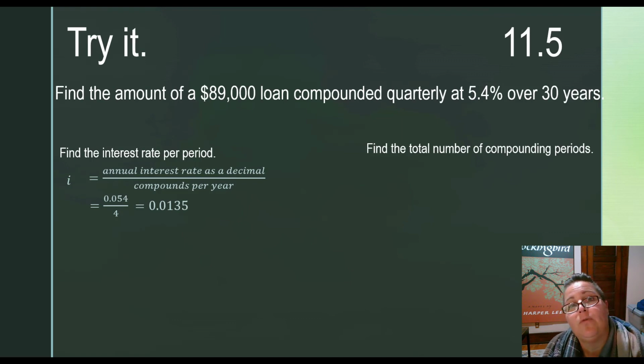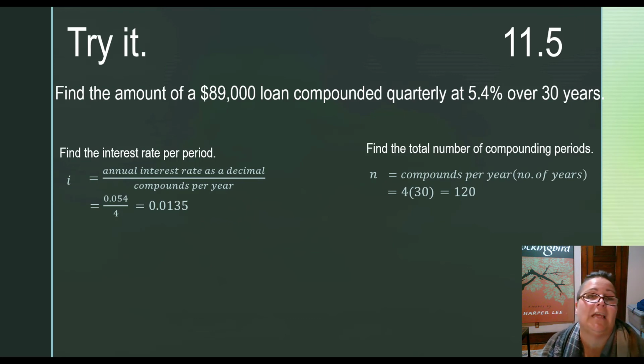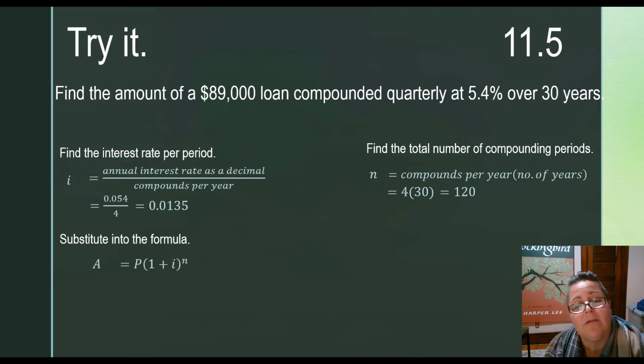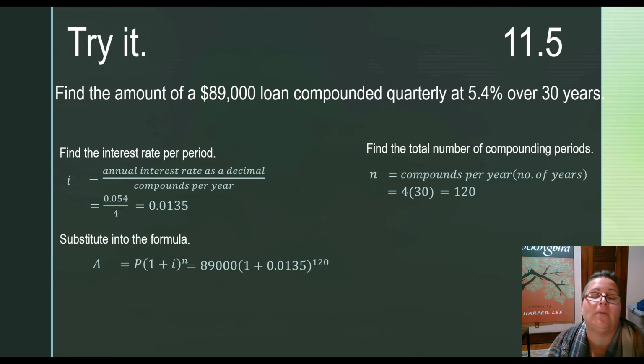Well, if we're compounding 4 times a year for 30 years, that's going to be 120 compounding periods. I'm going to substitute these values into the formula along with the principal of $89,000. So I'm going to have $89,000 times 1 plus 0.0135 to the 120th power, or 89,000 times